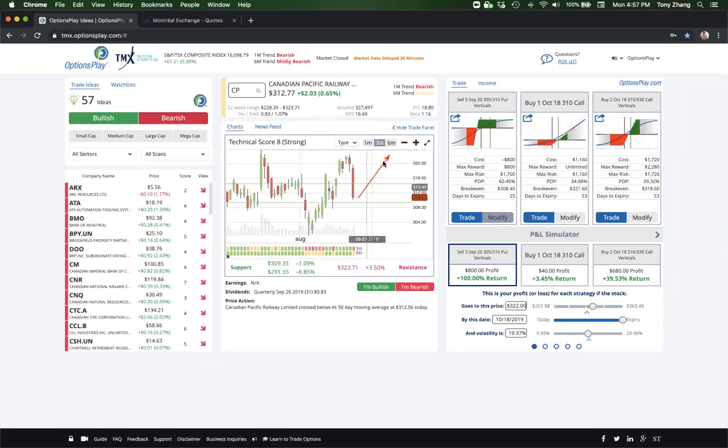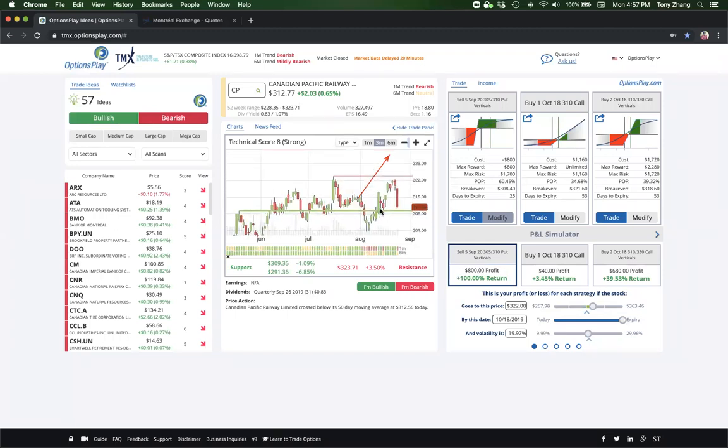So you really have to have a big move to the upside for it to be worth buying that call option. Versus that debit spread looks a little better, but still you're risking $1,700 to make $680 versus risking $1,700 to make $800. So you can really see that this stock really needs to make a big move to the upside. This stock needs to move back up to its 52-week high, which is around 324, 325, before these strategies start to make